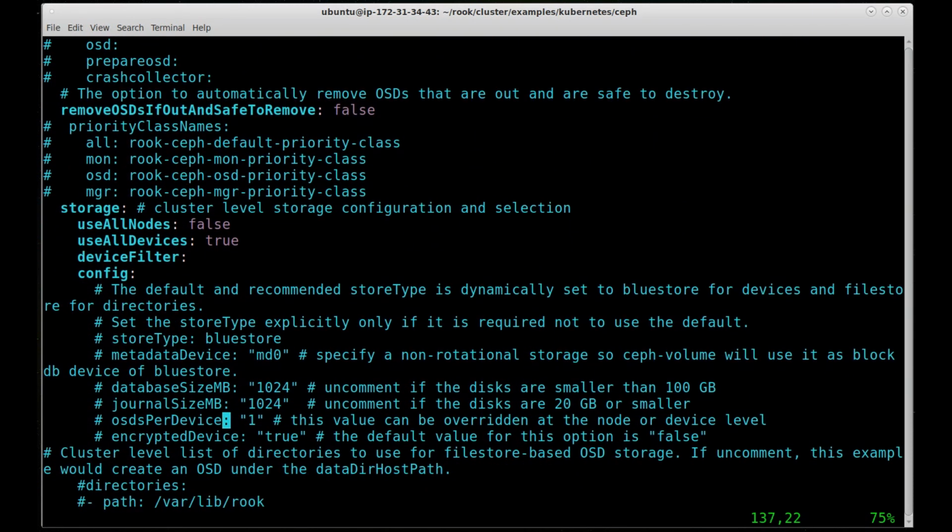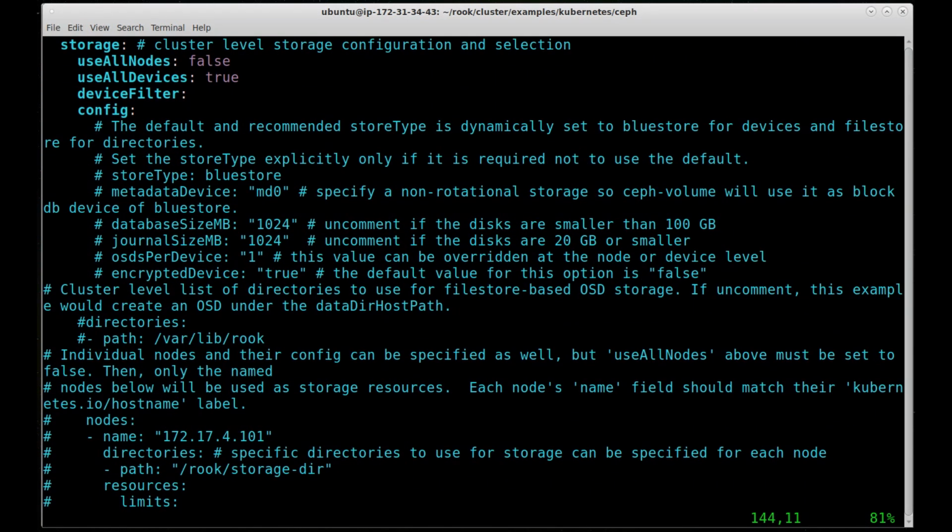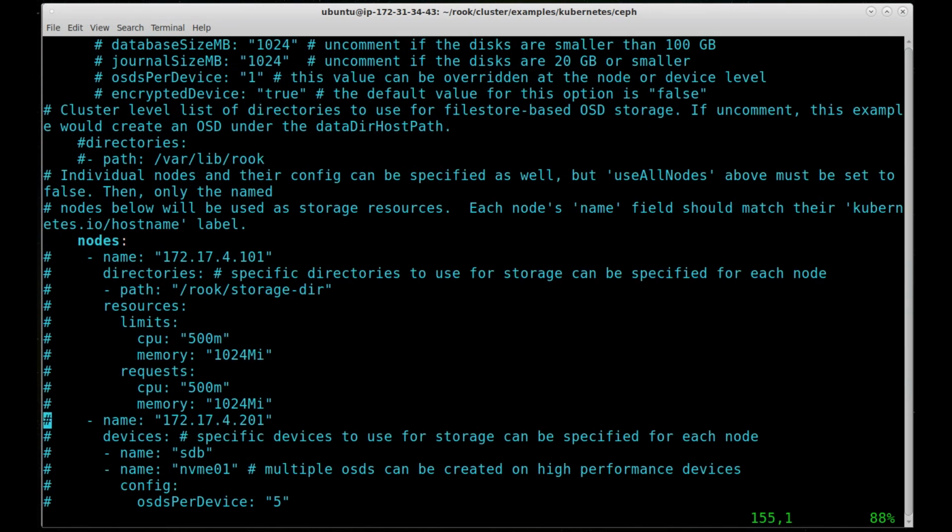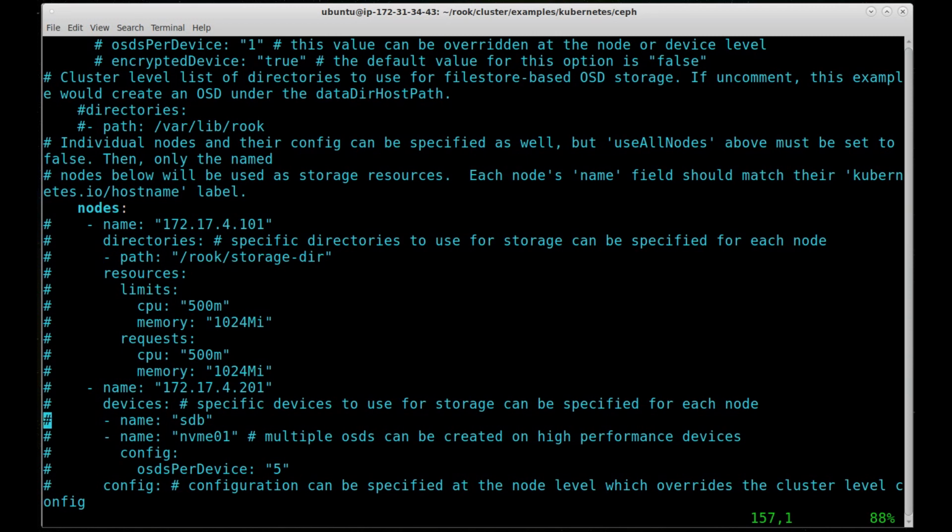So scroll down a little bit further, and we can see here's the nodes entry. It's commented out by default, so I'm going to uncomment that. And then, of course, I now have to tell it which nodes I want it to use. So we see that that gives us good examples. So we see a name and then a device name. So what I'm going to do is deselect that part and then deselect that part. Now I haven't changed anything yet because I have to figure out what it is that I'm going to actually be using. So I'm going to get out of this file, save what I did so far,